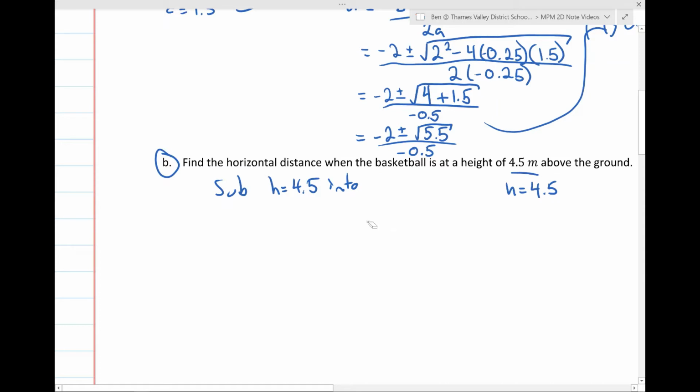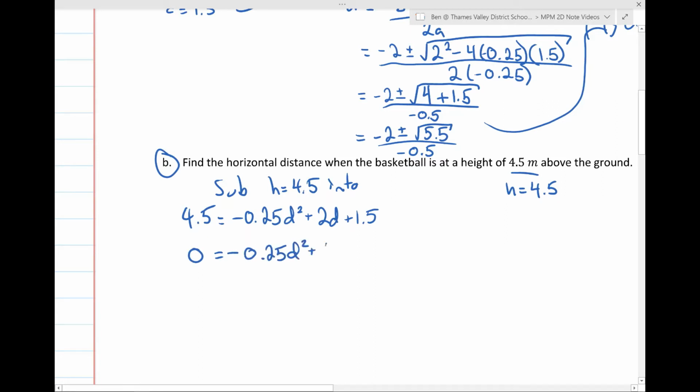our equation. So that is h equals negative 0.25d squared plus 2d plus 1.5. Now we're substituting 4.5 into the left-hand side. Even better, I can take that h out, put in the 4.5. That's awesome. Now if we're going to try and find answers to this, we need everything to be on the same side so that we can use our quadratic formula. So we can subtract 4.5 from each side, leaving us with 0 on the left, minus